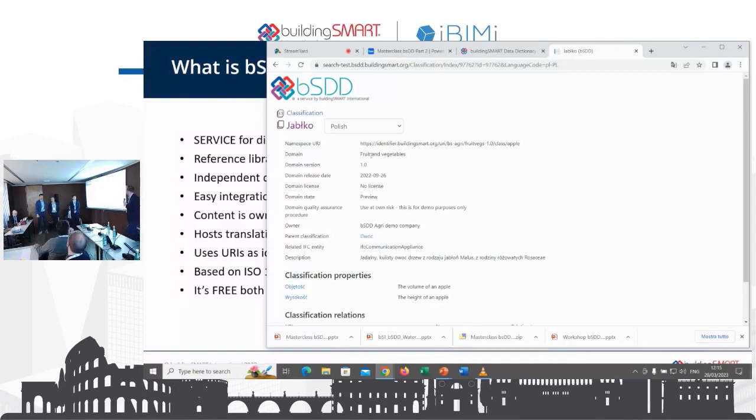We have a different search page for the test and production environments, a different API, and a different database behind. Basically, the idea is that we want to limit how long the content can stay in the test, because tests should be temporary, limited in time, but the actual production database should have content that makes sense.